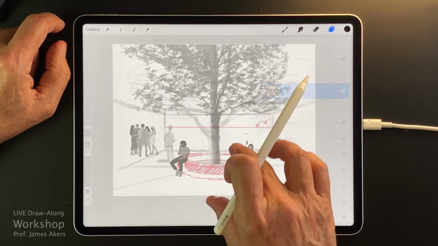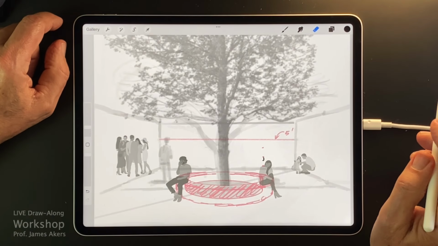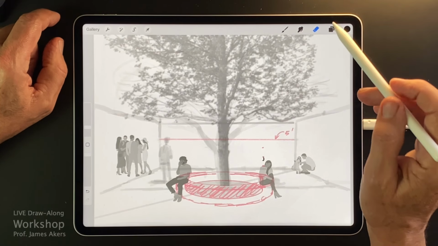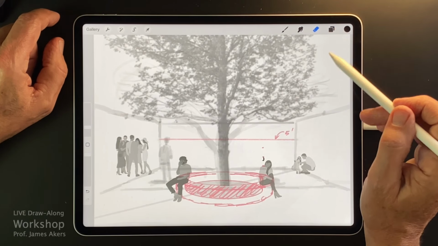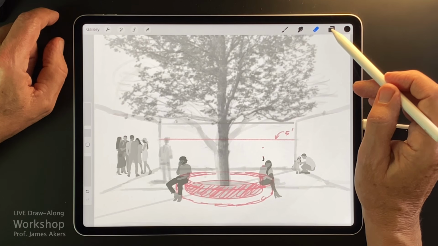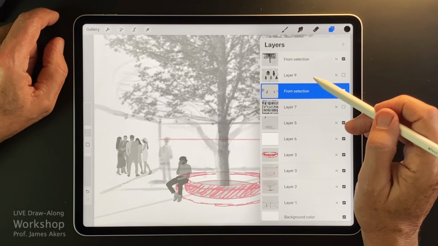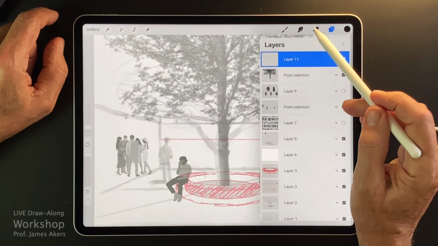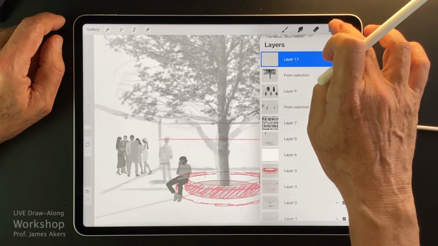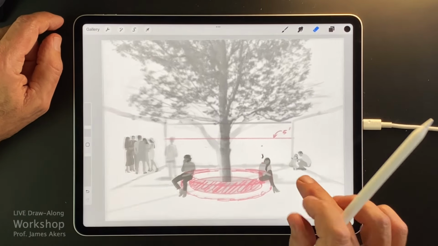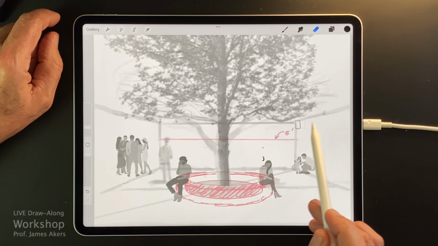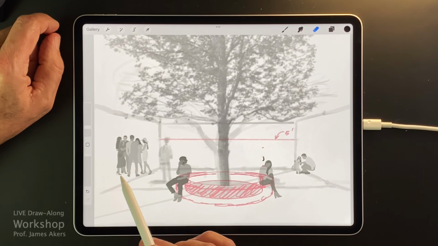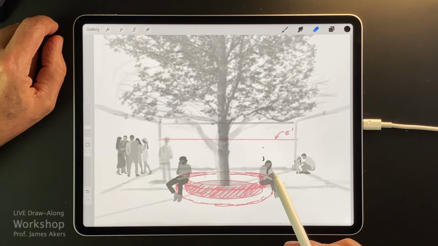And so this is really now the underlay. And at this point, what I would normally do is do a layer on top of this and create a kind of line drawing that worked with all this. So I'll add a layer on top of this. And it's not strictly necessary, but let's talk about the philosophy of this a little bit first. We need to tighten up because we have relatively precise looking people and trees.